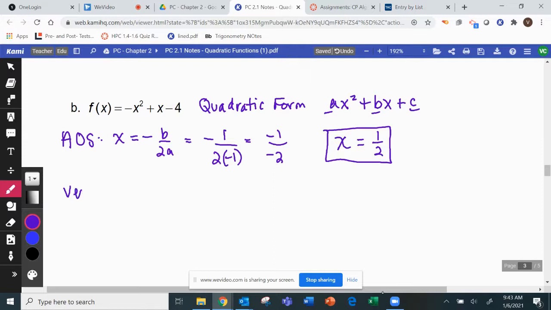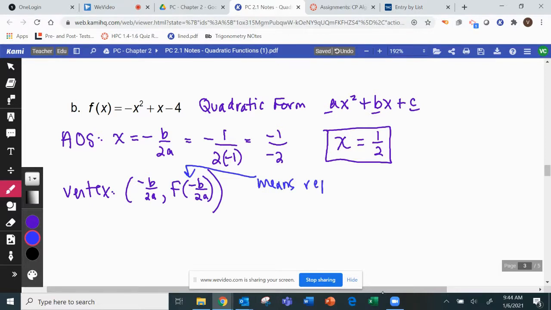To find the vertex, the formula says to make it an ordered pair. And then negative b over 2a is the x part of that ordered pair. And then the y value is f of negative b over 2a. And what that means is replace x with negative b over 2a, which we have the answer for right above,